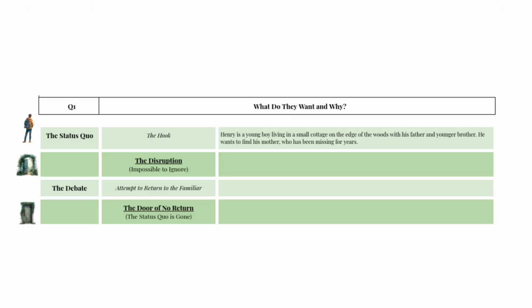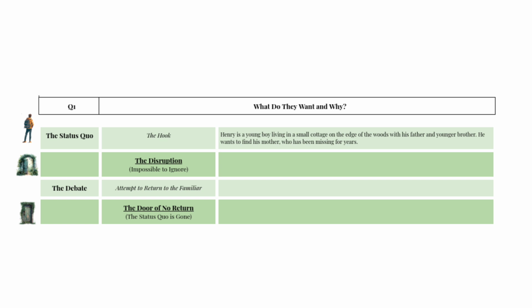The concept is a children's fantasy book premise. So in the status quo, we would learn that the protagonist is a young child, that they live with their younger brother in a small house on the edge of the woods, and that he wants to find his mom. She disappeared a few years ago. She's not the only one. There's some evil curse or witch or something going on, and he wants to be the one to end it and save his mom. So that's the premise of the example we're going to use as we go through these